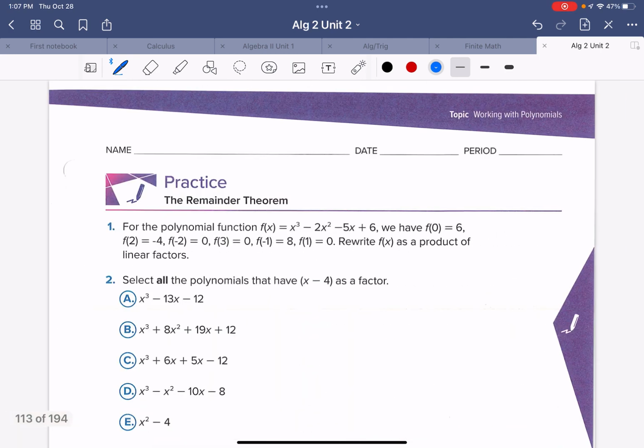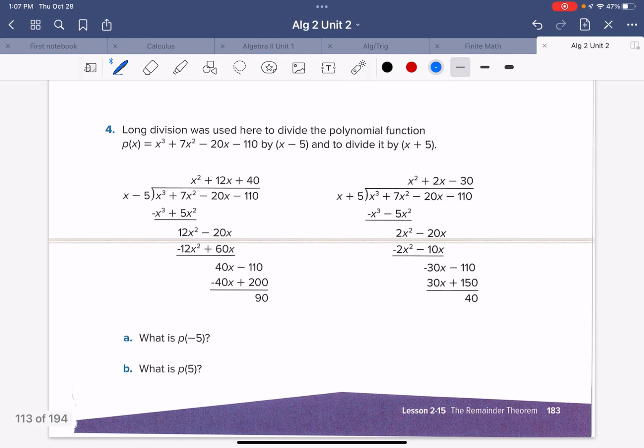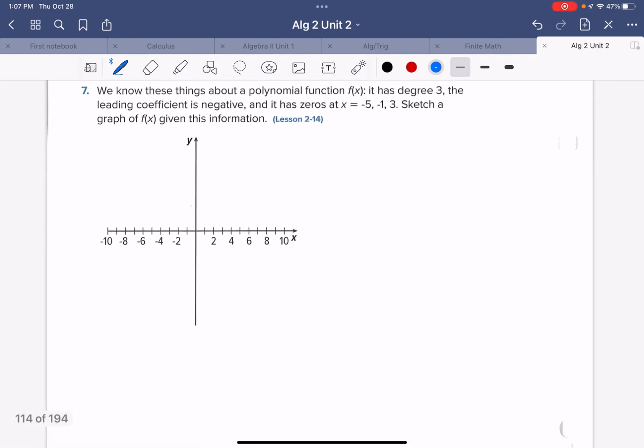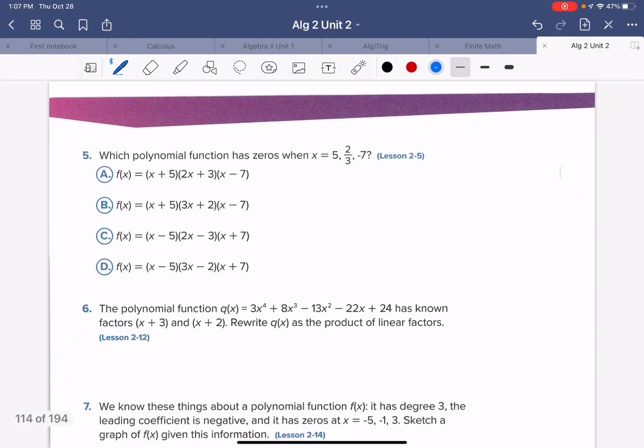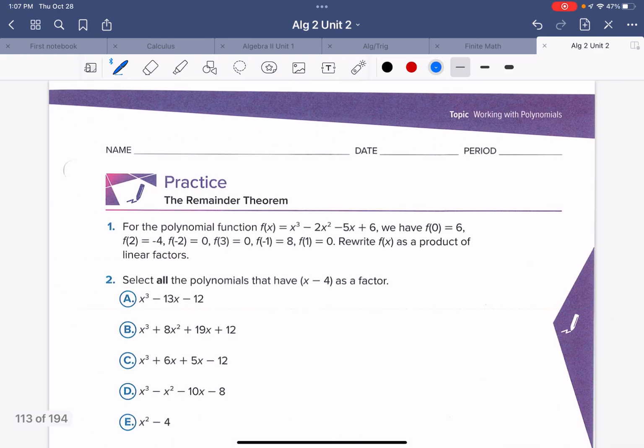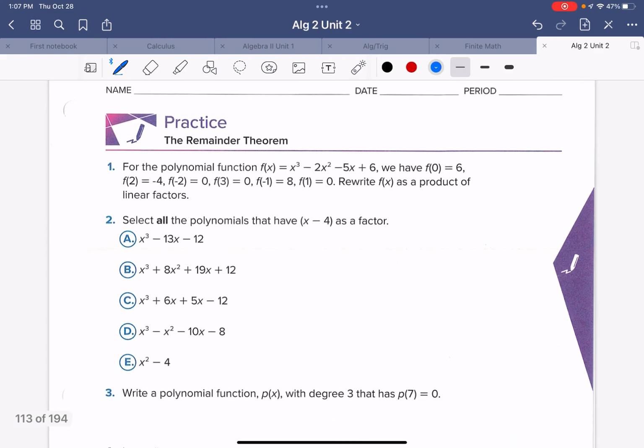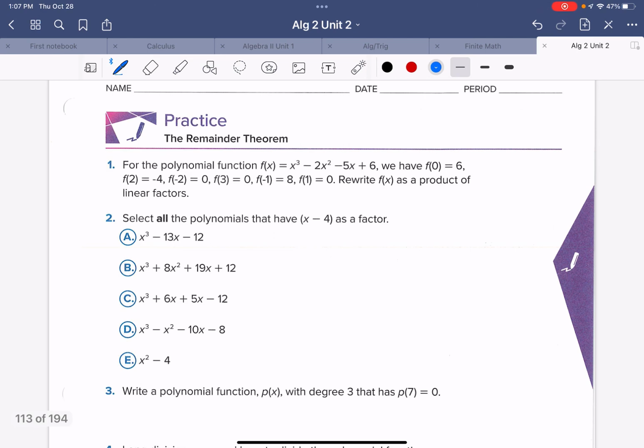And then here's the purple page assignment. So there are 2 pages for this, and these last ones are the review ones that we've been working on. And then here's the new stuff. All right, so